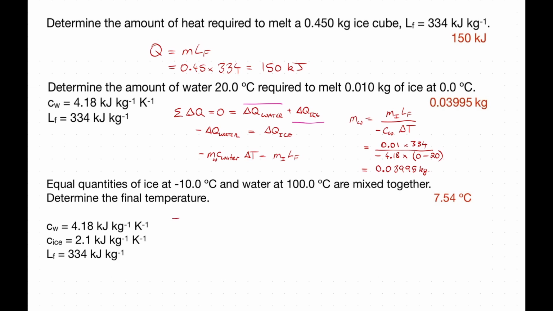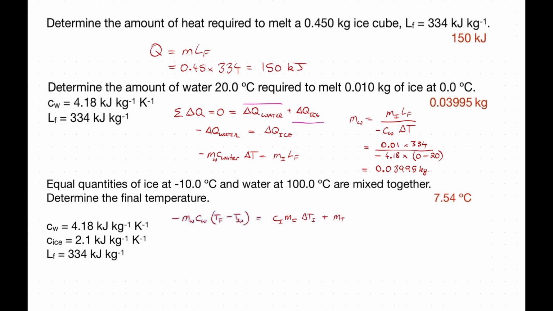So I'm going to say minus my mass of water, C of water, and a change of temperature, which I'm going to write out as T final minus T initial of water. Wow, so many subscripts. I'm then going to say that's going to be equal to, well, what are the stages the ice is going to go through? First of all, it's going to be ice, and it needs to raise its temperature from minus 10 degrees Celsius to 0 degrees Celsius. So I'm going to have the C of ice times the mass of ice, times the change in temperature of the ice,